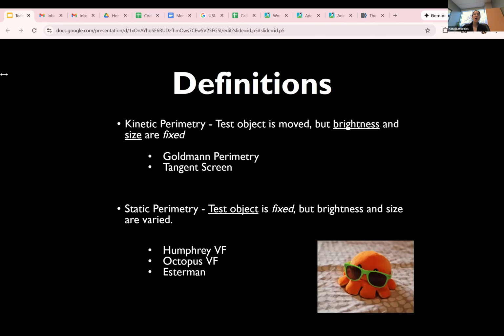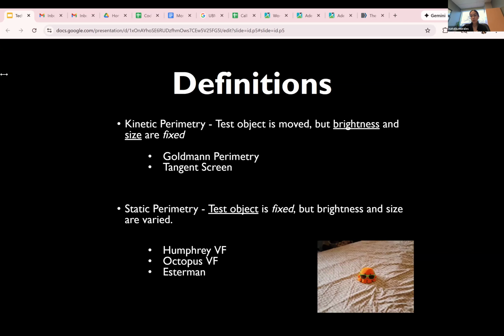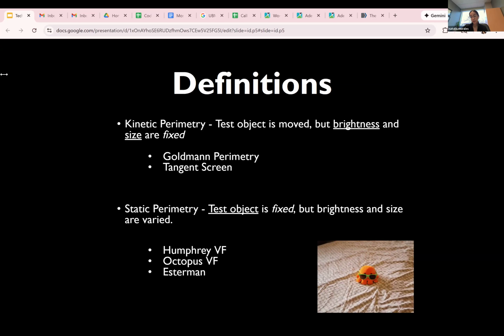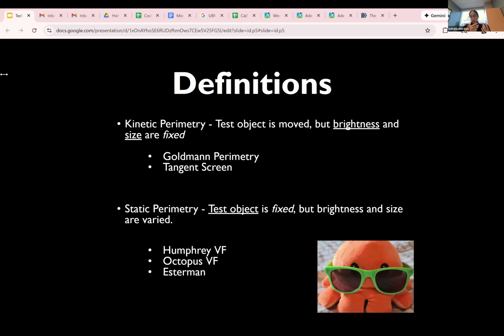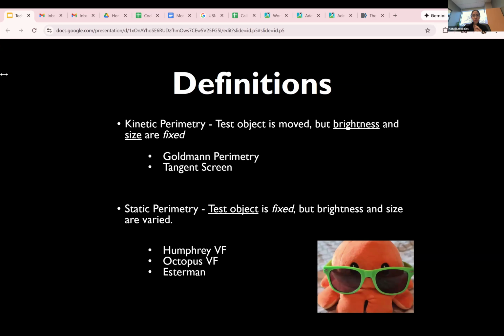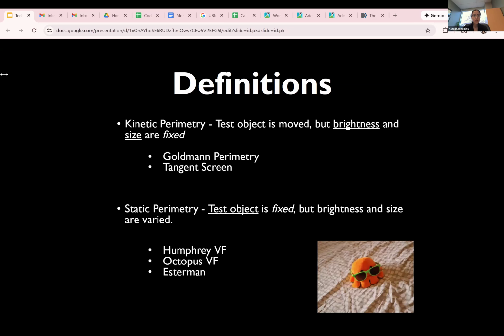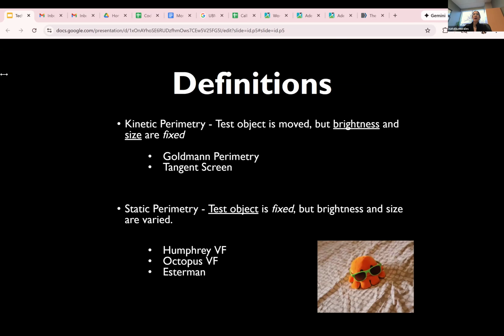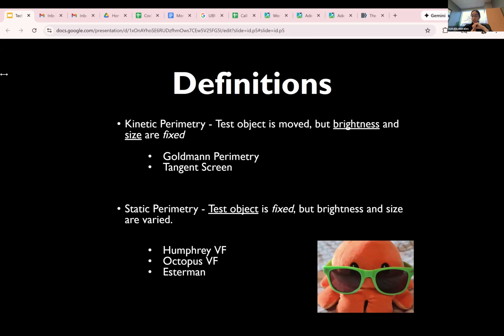And so, most commonly in that category, we think of Goldmann perimetry, but it's not really done as frequently anymore as it used to be, with the invention of the Humphrey visual field and the Octopus visual field. Those have certainly replaced that in the clinical setting. But Goldmann is really helpful for patients who either have a lot of difficulty doing the